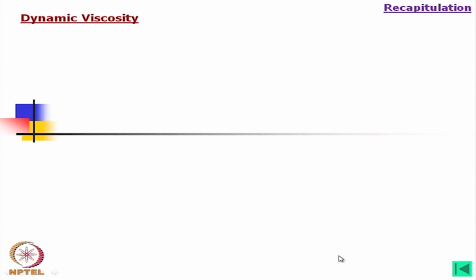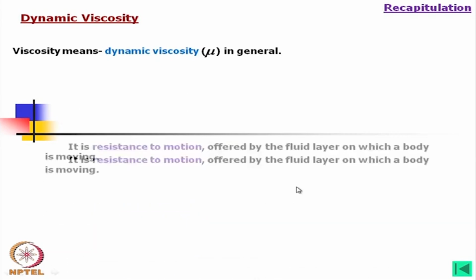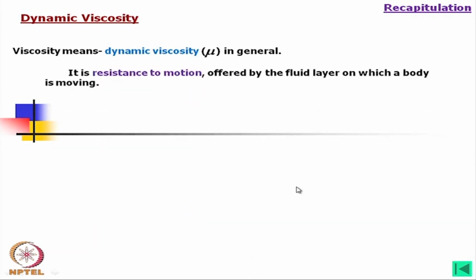Now, some properties of the fluid we have already discussed in earlier lectures, but here I will just repeat. Viscosity means dynamic viscosity, mu in general. Okay. We call it dynamic viscosity. What is it? It is the resistance to motion offered by the fluid layer on which a body is moving. Okay. Now, why am I talking about the viscosity? This is one